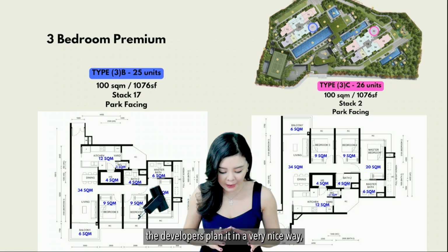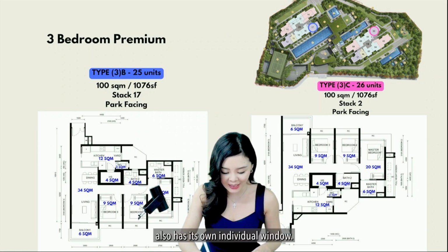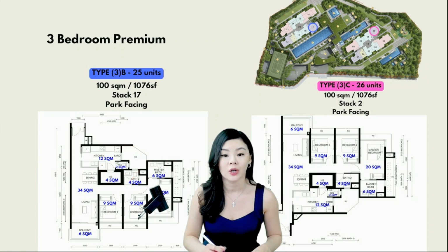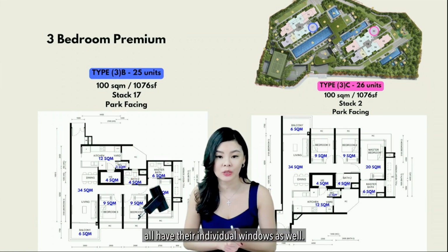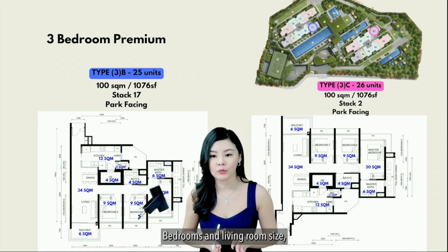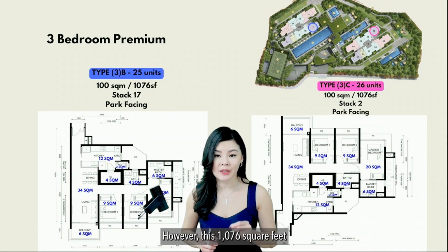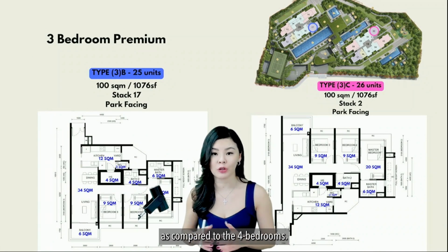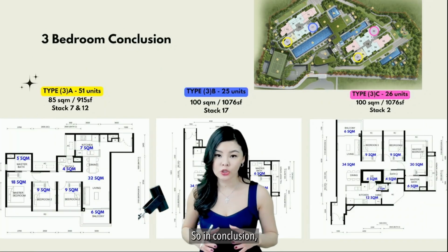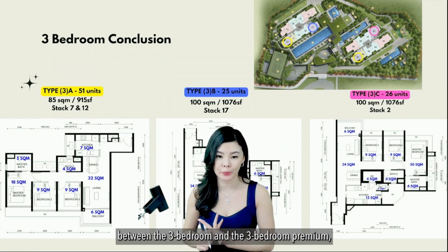The developers planned it in a very nice way, whereby even the WC has its own individual window. Of course, the kitchen and the bathrooms all have their individual windows as well. Bedrooms and living room are all a very good size. However, this 1076 square feet is a little bit too close in terms of the size difference as compared to the 4 bedrooms. So in conclusion, if today you are budget conscious between the 3-bedroom and the 3-bedroom premium, I